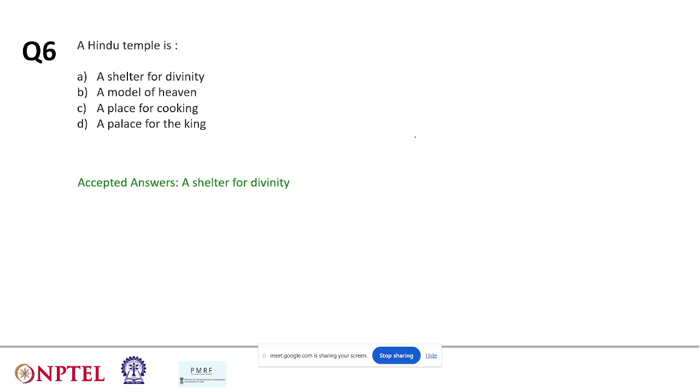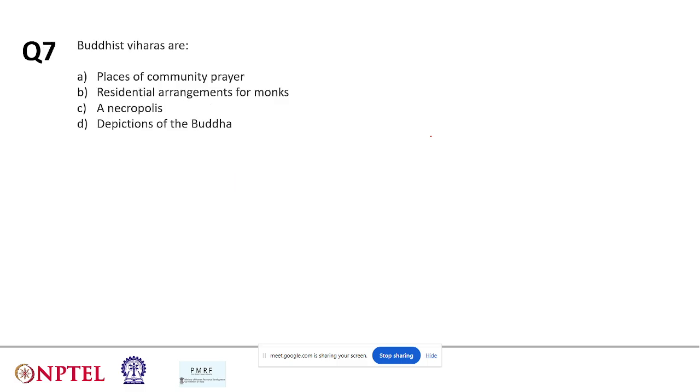So you all can go back to the lectures. I have discussed how Hindu temples are basically linked with the cosmic axis, how the deities are placed, and how Shiva is placed in the Garbhagriha. The concept of verticality and the multiplicity that we have seen in Hindu temples are all again linked to the divinity of a particular place.